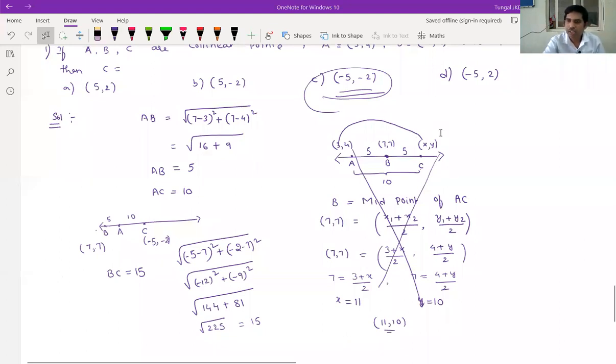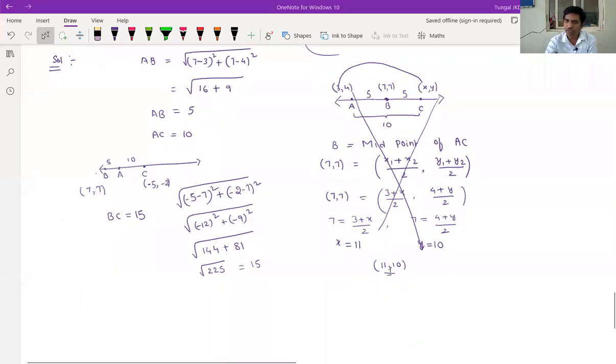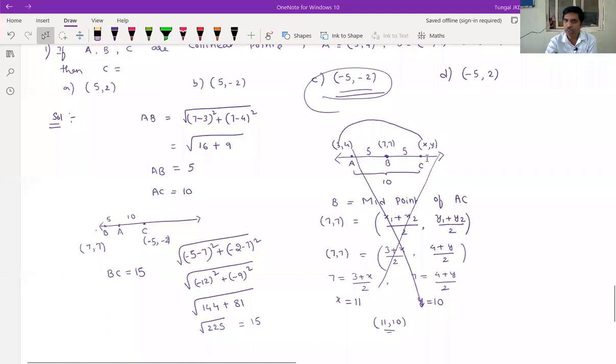See, once again, the 3 points A, B, C are collinear. A point given, B point given, then C point we have to calculate. Now, observe in the question, AC is given as 10 units distance, and from the given 2 points, AB distance we get 5. So now we have to know the positions. First point, what is that? Second point, what is that? Third point, what is that? If I took A, B, C order, then we are getting a wrong answer. Therefore this is not the position of the 3 points.